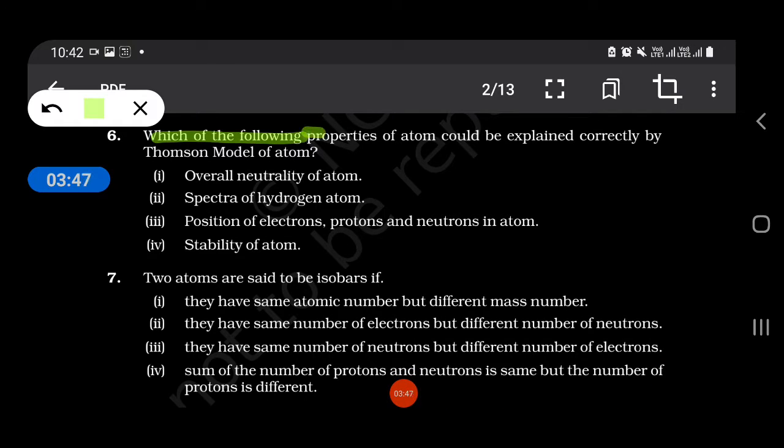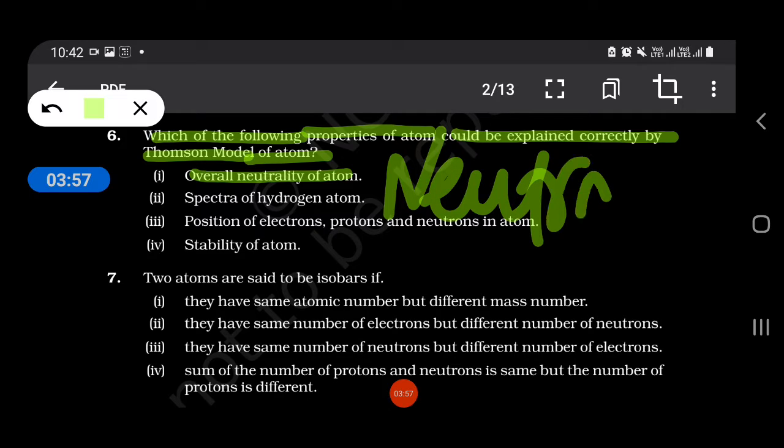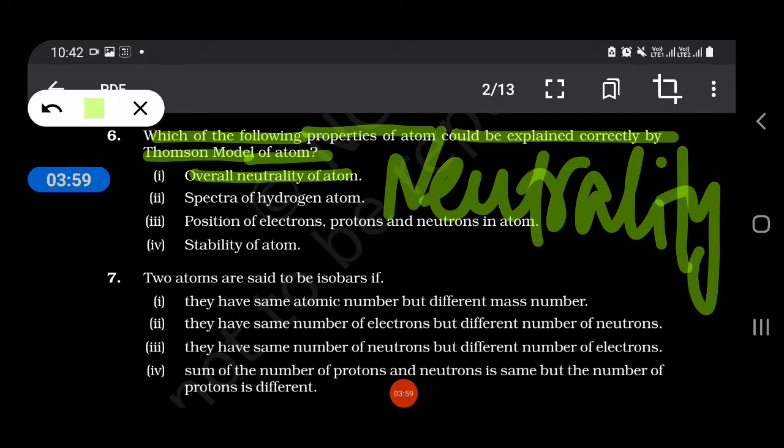Which of the following properties of atom could be explained correctly by Thomson's model of atom? So our answer is overall neutrality of the atom. Neutrality of the atom can be explained by Thomson's model. Two atoms are said to be isobars if they have same atomic mass. If two atoms are said to be isobars,